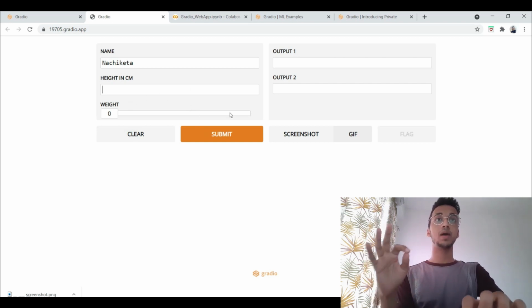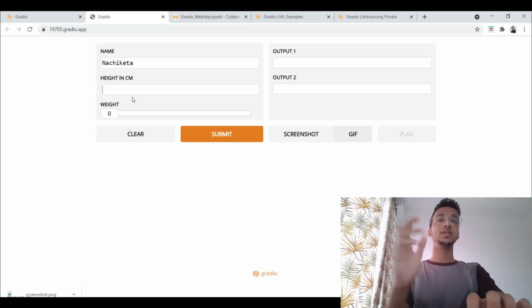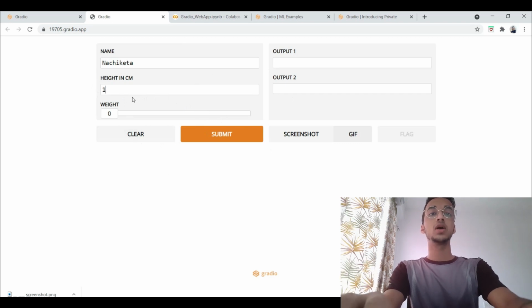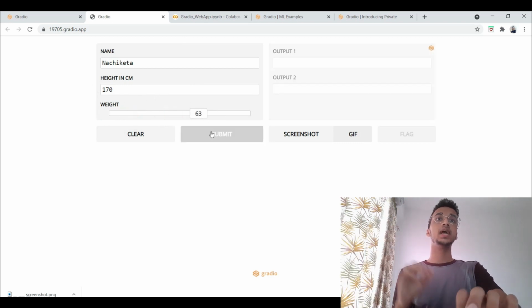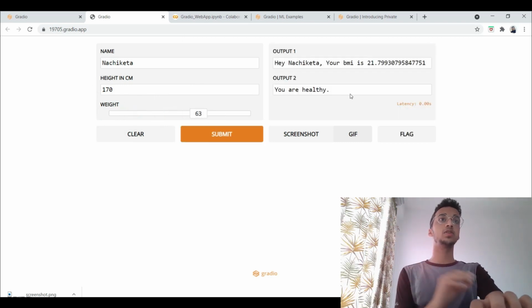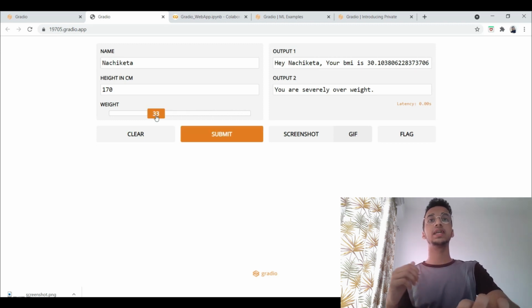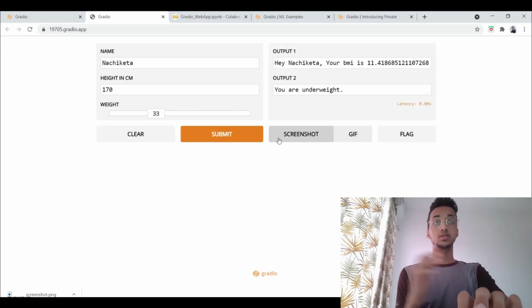So this is what the web application will look like finally. So basically you can enter any height. I'm just gonna show you how this basically works. If there's any height and there's a particular weight, it will tell you what the BMI of the person is. So for example, I've put the weight as 63. If I increase that to 87, it will tell me that I'm overweight, and if I decrease the weight, then it will tell you that it's underweight.